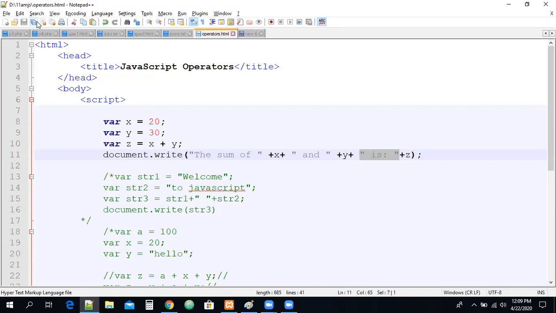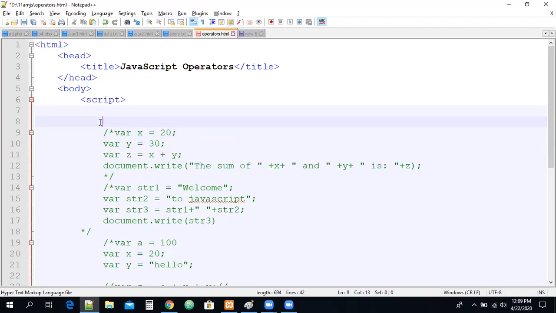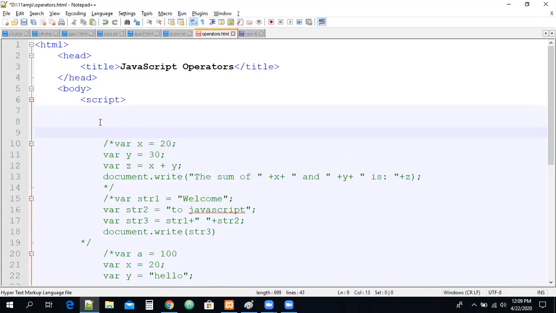Now the next thing we are going to see is the comparison operators. What are the comparison operators we have here? We already know what comparison operators do: they compare two values. How they compare two values, let us check it, guys. For example, what are the operators we have? Comparison operators we have.